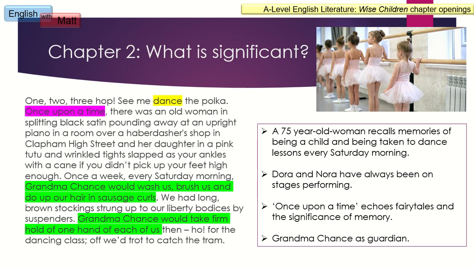So, despite this novel having lots of magic realism to it, there is going to be a point when that illusion and that magic meets reality. And of course, Clapham High Street does exist, the River Thames does exist, Camden High Street does exist, and so on. So, there is going to be a point where the real and the illusion meet. And I suppose because this is a postmodern text, we never quite know what is illusion and what is reality.